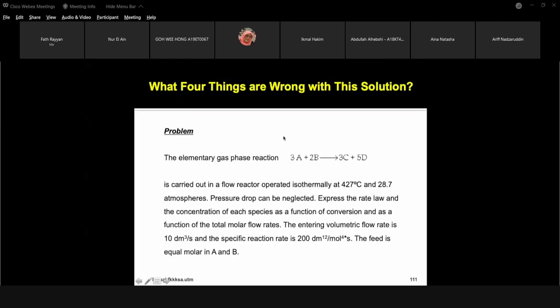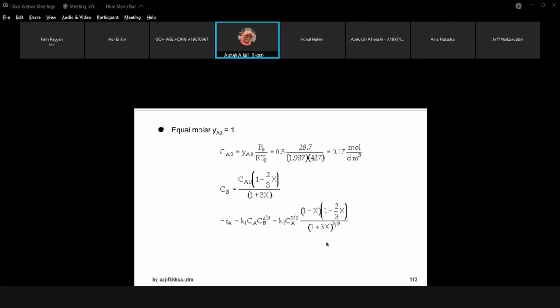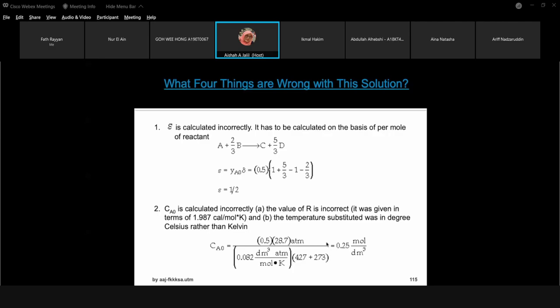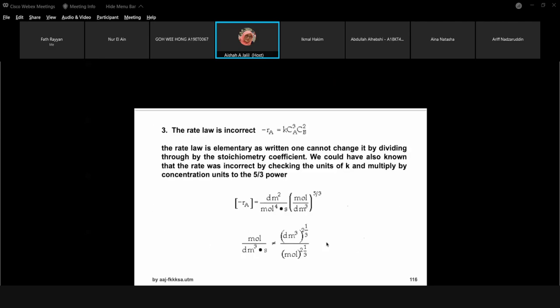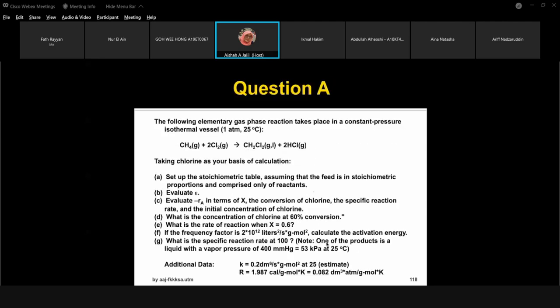Okay, what is wrong with this? They give you the question and the solution, and ask what is wrong with the solution. You can see by yourself. Check one by one. This is one example. For the final exam question, I think it will be a longer one.